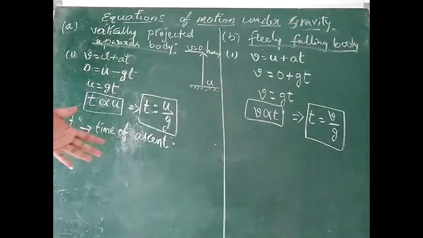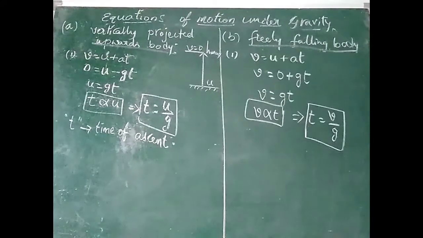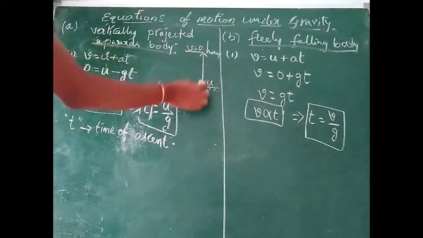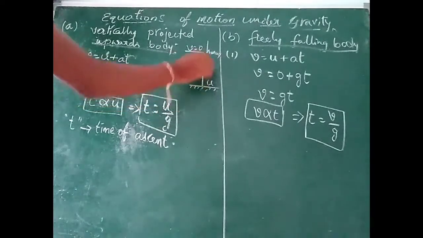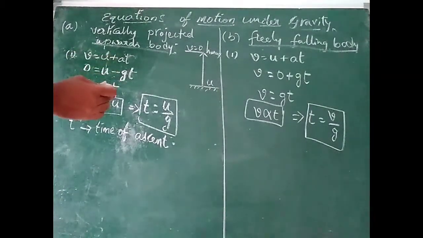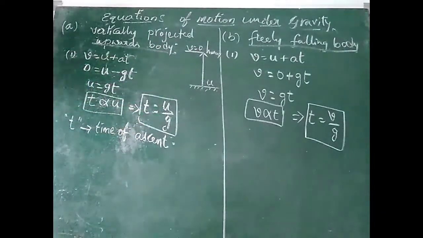Okay, so in the absence of air resistance, how much time did it take to reach the maximum height from the initial position? The time taken by the body to reach the maximum height from its initial position is nothing but time of ascent, and the time of descent is nothing but